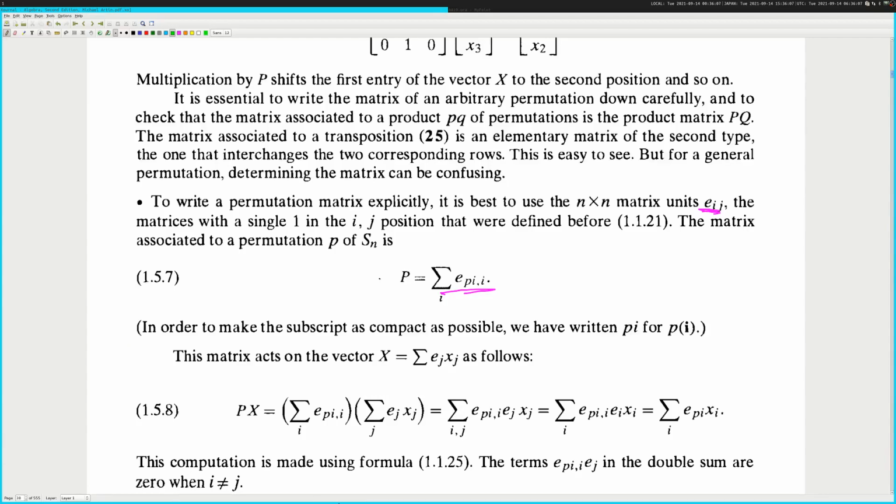So this is the vector x. This is a column vector. And this is a permutation matrix. Okay. And then this is the sum over ij of